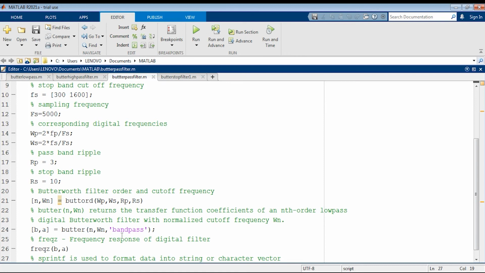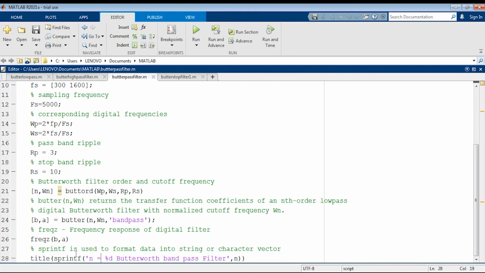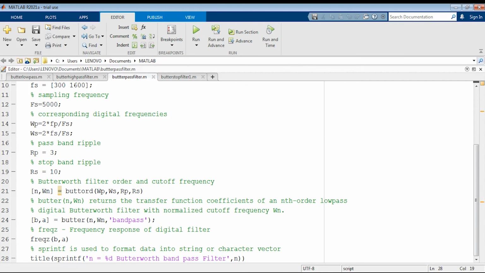So here, for the filter type, since I am designing the band pass filter, I have to give F type as what? Band pass. And to plot the frequency response, I have to give the command freqz, and to give the title of the graph, I have to use the command title. Now, if I execute this program, I'm going to get the magnitude response and phase response.